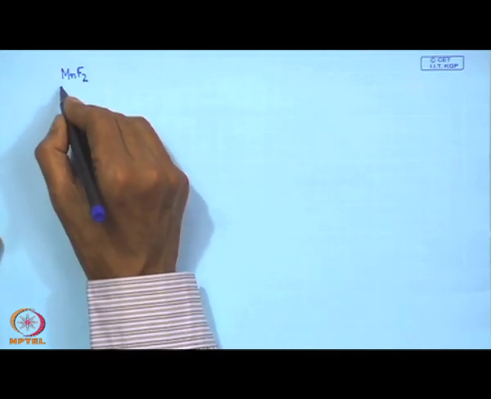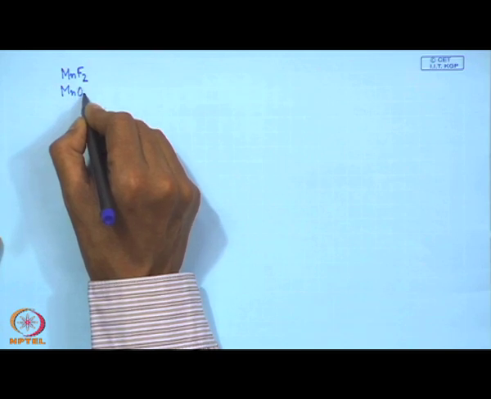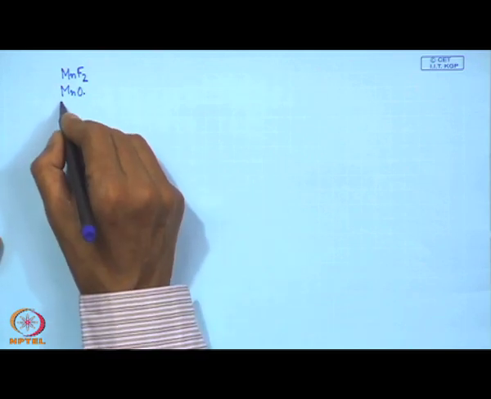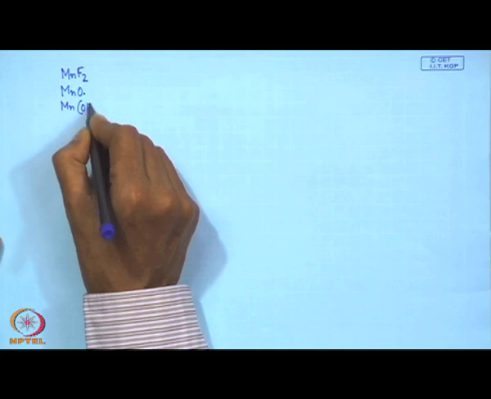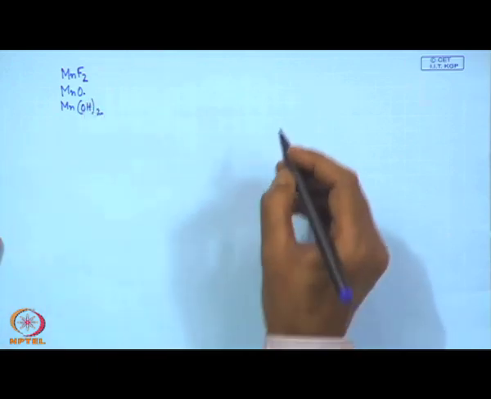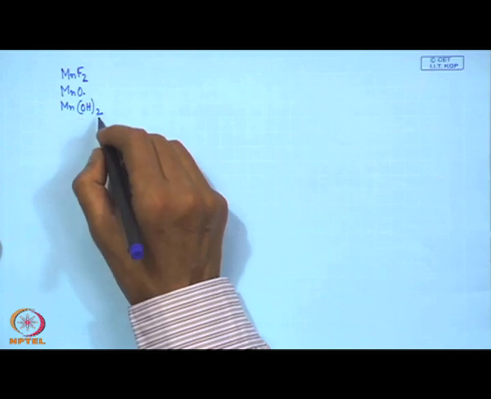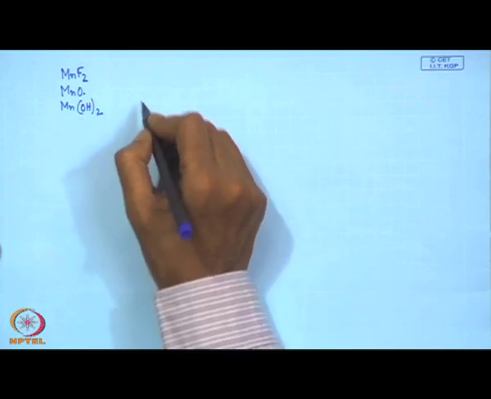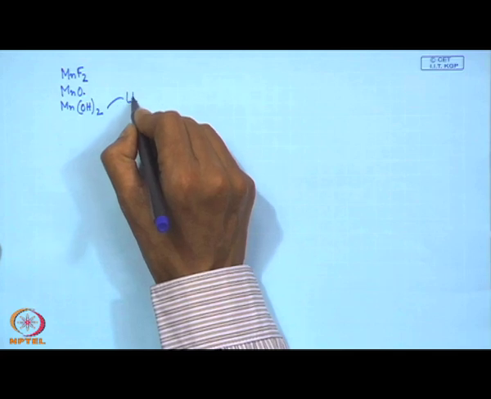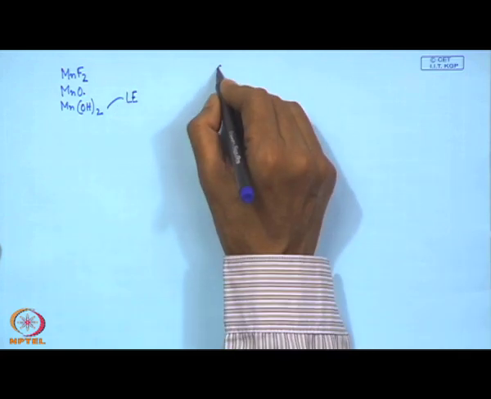Similarly, we can have the corresponding formation of MnO or MnOH, and this is the corresponding solid state, because in the solid state we are talking about the corresponding LE values, the lattice energy values, but in solution